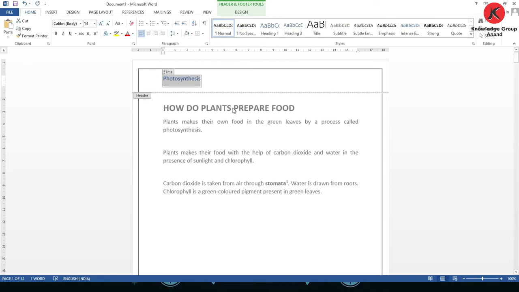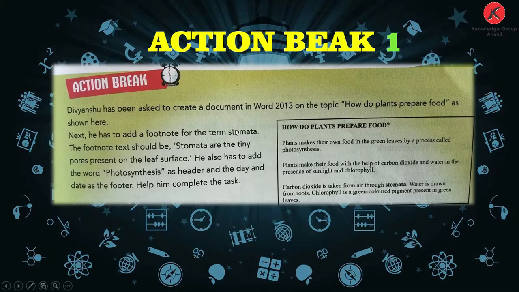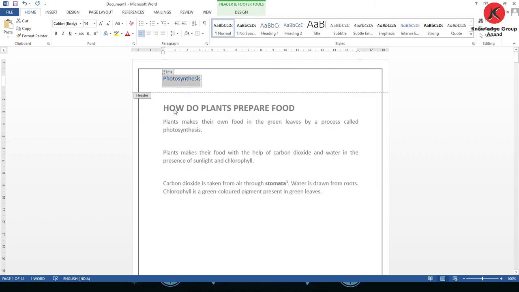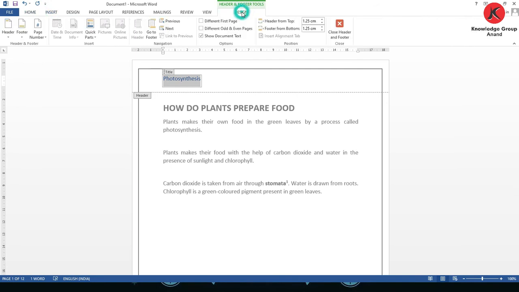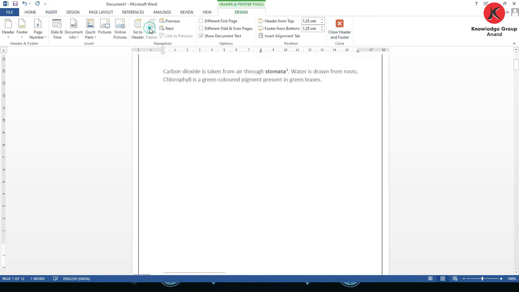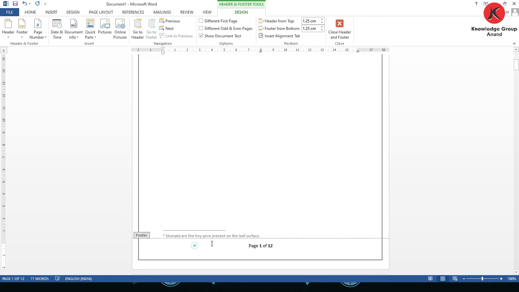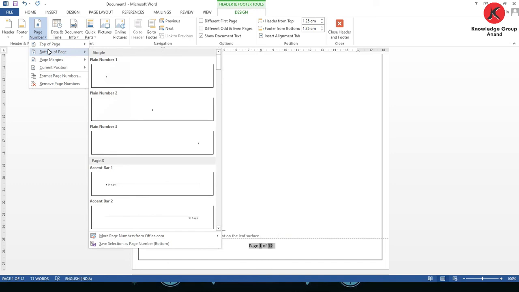Okay, and now we also have to add day and date as a footer. So go to Insert or Design, Header and Footer. Next, go to footer. Now we have to add day and date. Select it, page number. Okay, now what to do? We have to insert date and time.